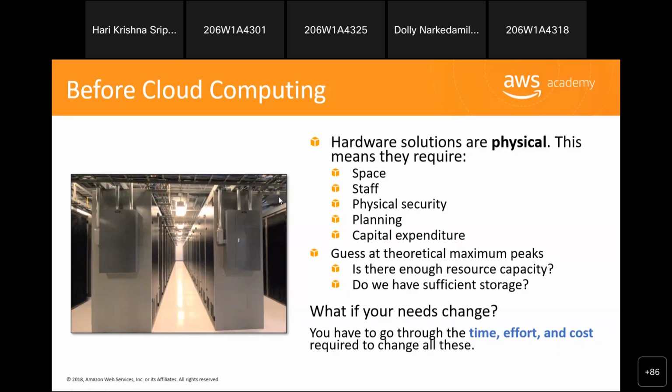So coming back, if we are maintaining our server on premise, we need to take care of these things: space, staff, physical security, planning, and capital expenditure. This we have already discussed. Similarly, guess at the theoretical maximum peaks. I just gave you an example of this also. Consider the example of IPL. When you go to an interview anywhere, you can take this IPL example. You can elaborate and you can